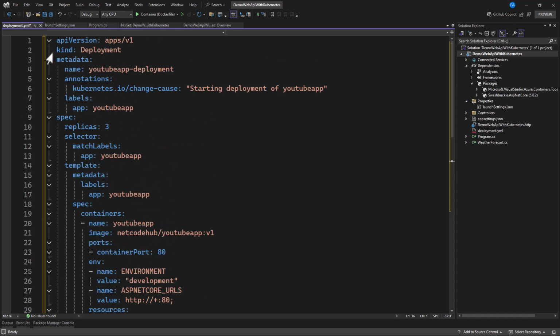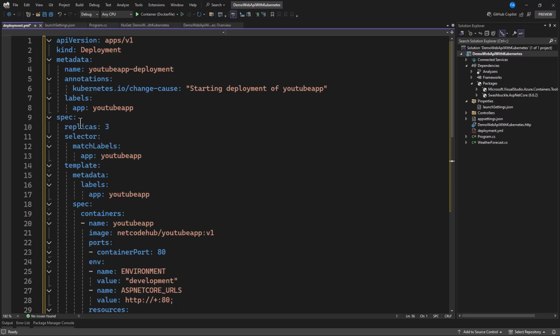Alright, so we have an API version of v1. The kind of this file is deployment. We have a metadata, and that is the name that we're giving to it. This is the information that you're giving, and now there's a YouTube app. YouTube app is the package name, and we add deployment to it. What are we doing here? We are initializing the deployment of our application. And the label here specifies the name of our application as YouTube app.